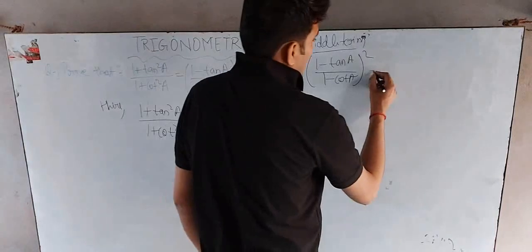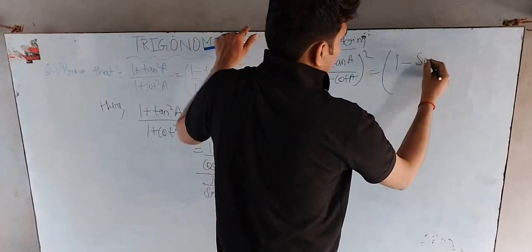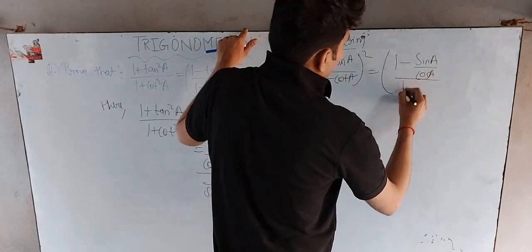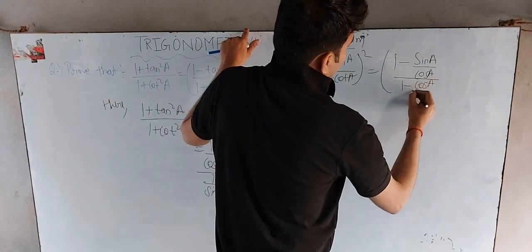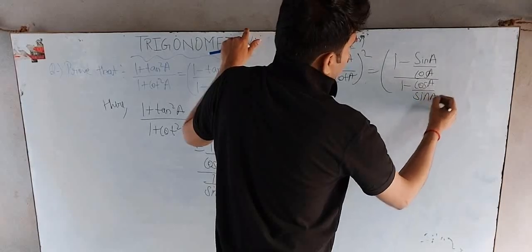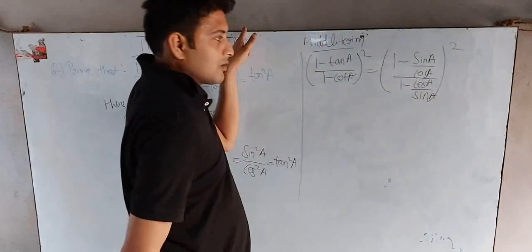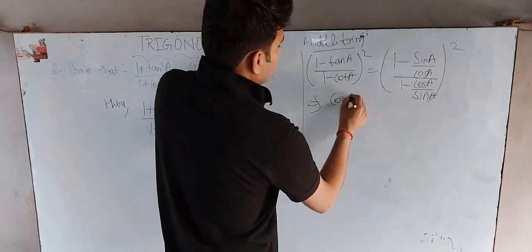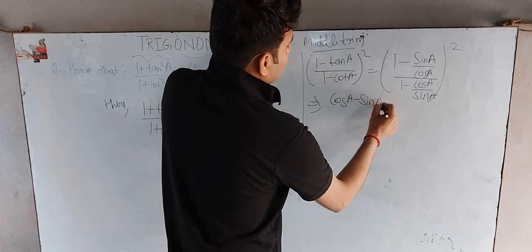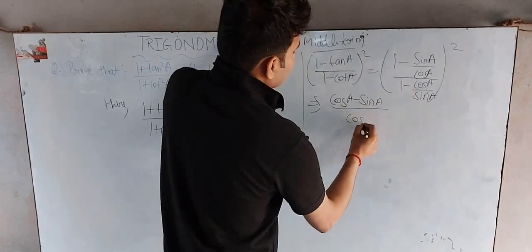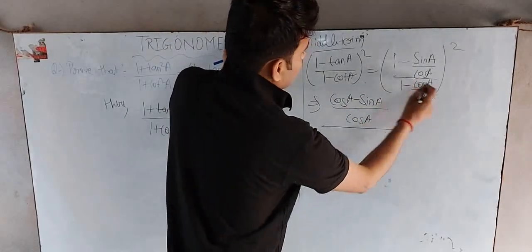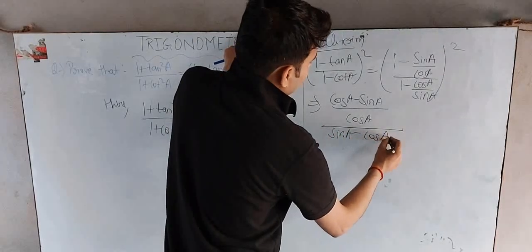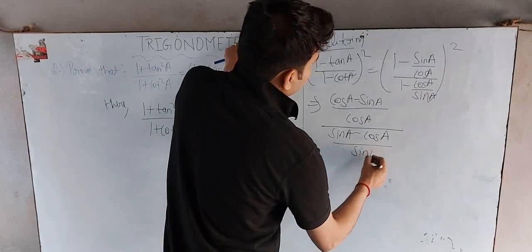What you will get? 1 minus sin A upon cos A upon 1 minus cos A upon sin A whole square. Now open the bracket, what you will get? Cos A minus sin A upon cos A and whole upon sin A minus cos A upon sin A,